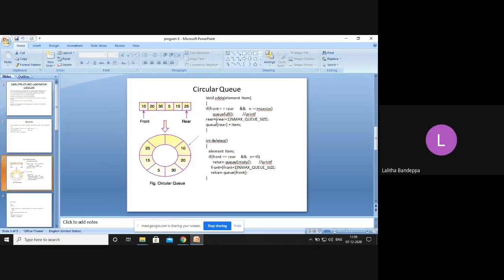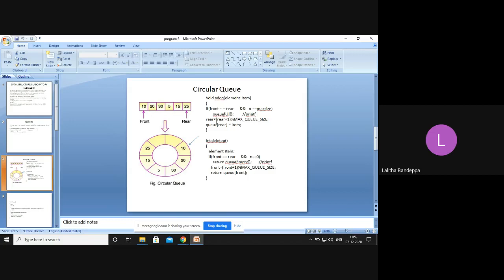Okay, so what is circular queue? Circular queue is also a linear data structure. It contains a collection of data which allows, same as your queue, addition and deletion. Addition will be done at one end and deletion at the other: addition at the rear end and deletion at the front end.